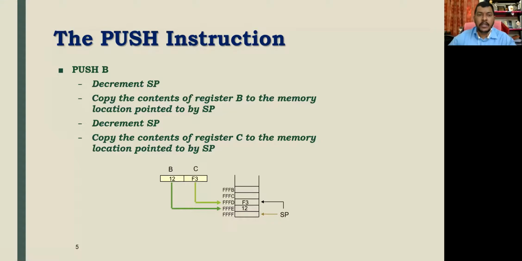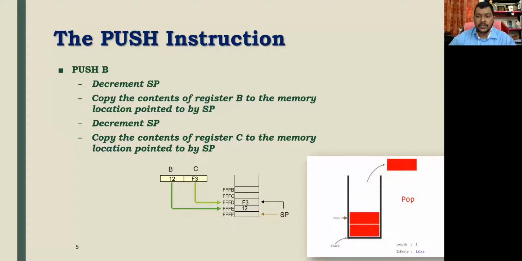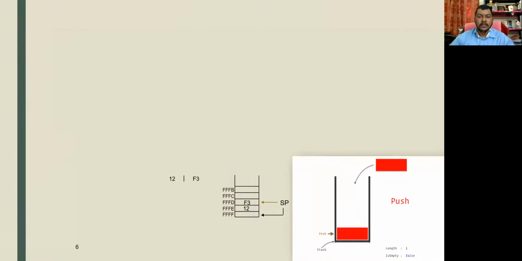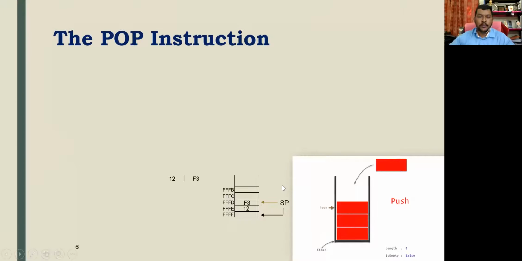Right? So the next instruction that we are having is like this. So this is what happens when we say push. Push is going to save the data like this, and when we say pop, then it is going to retrieve the data. So this is a stack. The next one is again the pop instruction. So pop instruction is again the same, but now the data is being retrieved. So now we are using the instruction pop B. So it is specifically mentioning the register pair.